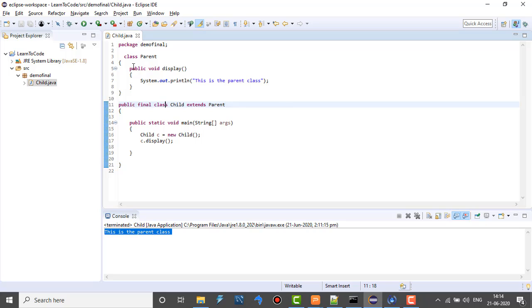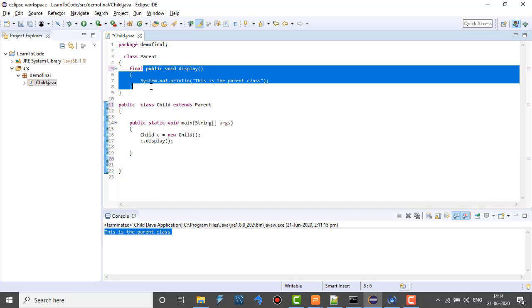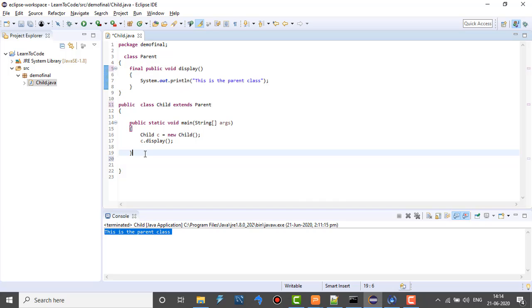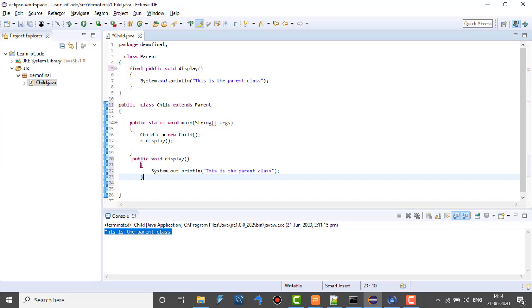So now I have a parent class. In the same code I'm going to make some changes. I have made my method as final, and I'm going to copy it from here and paste it here.